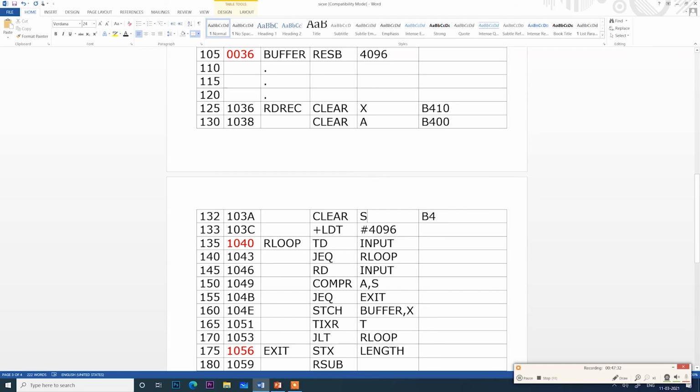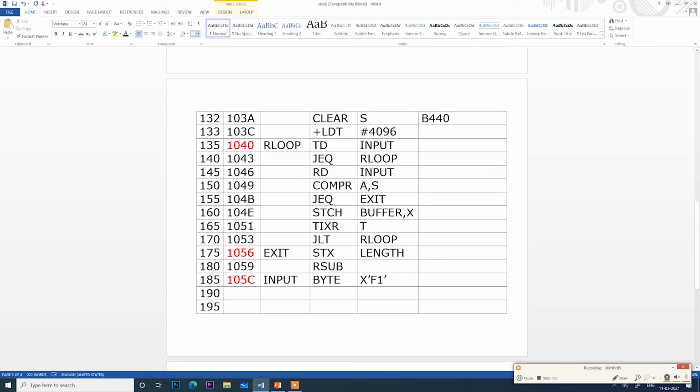The value for S is 4. Again 0 because there is no second register. CLEAR S is B4 40.